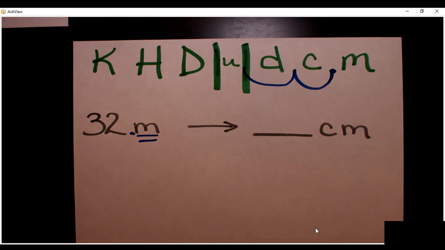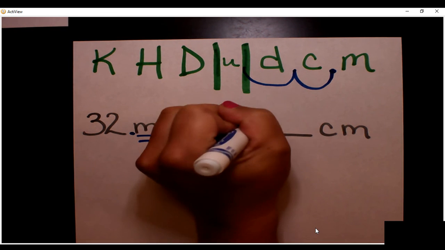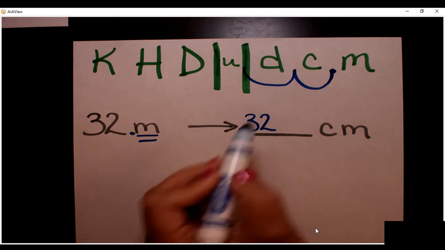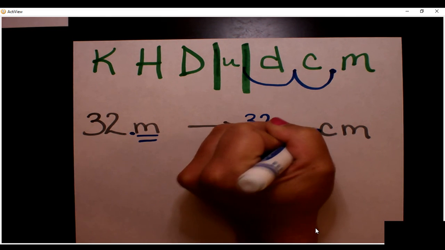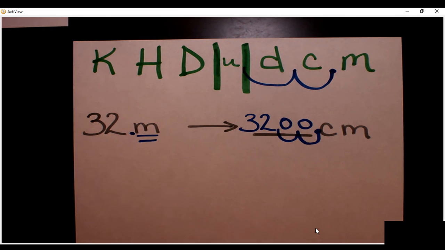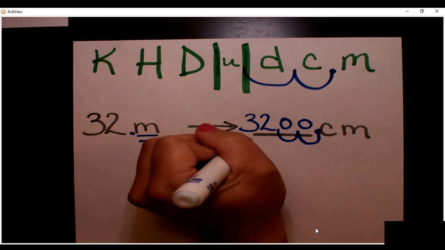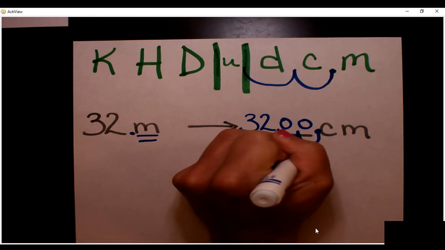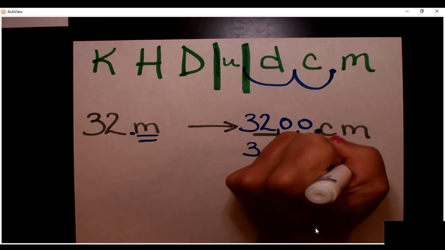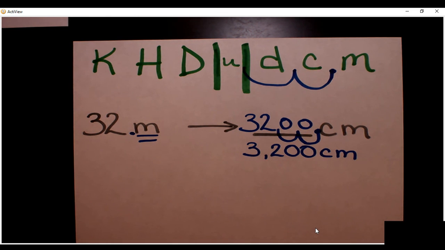So on my number of 32, I'm going to move my decimal point 1, 2. I fill in with zeros. I like to rewrite it, so I know that my answer is 3,200 centimeters. Let's do another